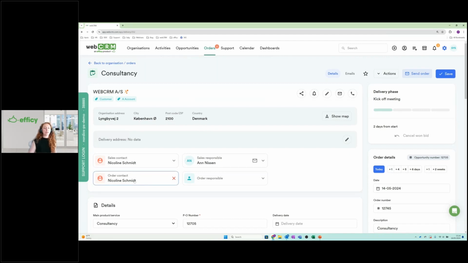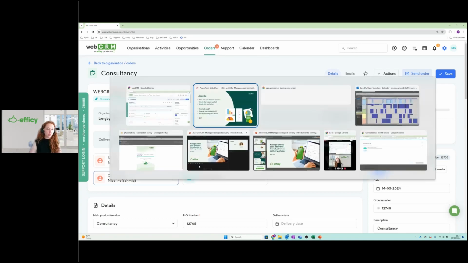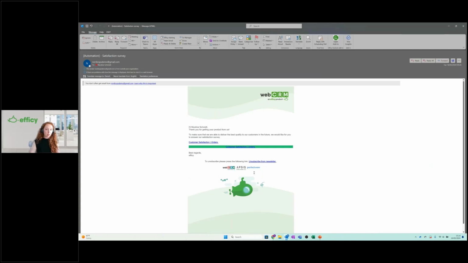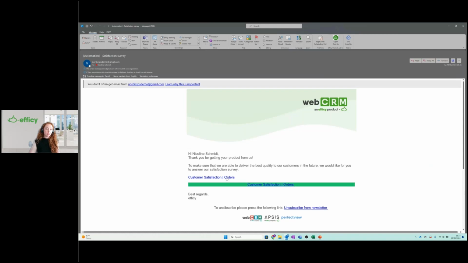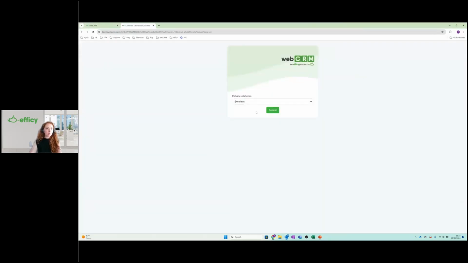You could also set it to send to both the order contact and the sales contact, but I have chosen just to send it to the order contact. This is just a simple email template that is linked to one of the forms that we also have. From here, the customer will simply receive an email where, let me just zoom a little bit, they put in the customer satisfaction